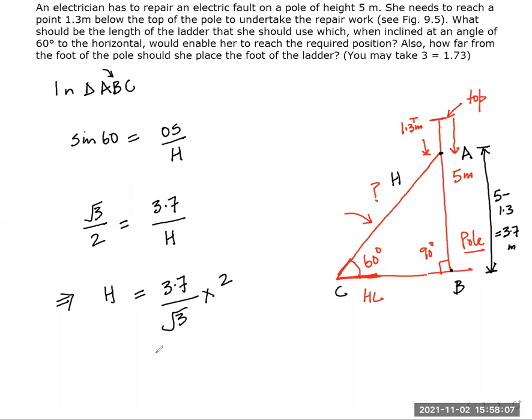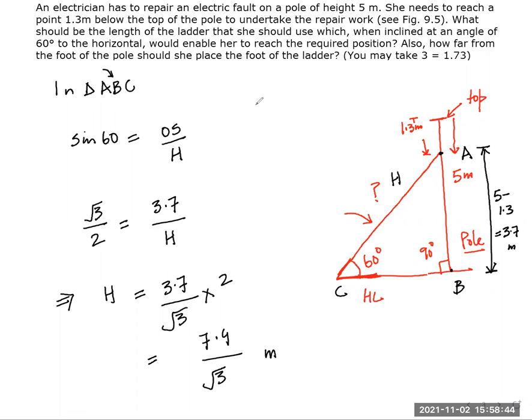Now, if you calculate, you have to just calculate. So this will be 7.4 divided by root 3. That is 1.732. If you do it, you will get the height, this H, right? This is how you do this sum. You can do it the other way also. Maybe this is 60 degrees. You know this height, so it is better to do it like this also.